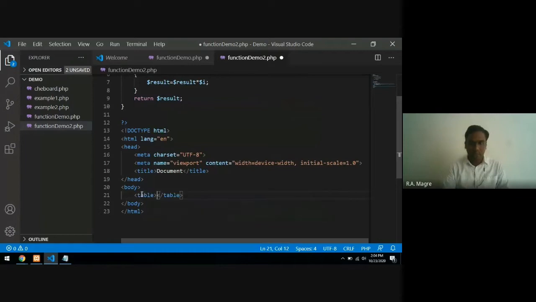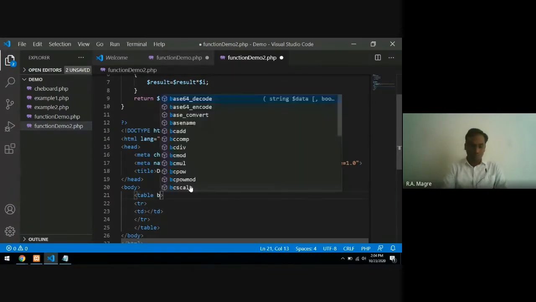Table consists of TR, and TR consists of TD. And in this TD, I want to print the factorial of 1 to 10 using a loop.